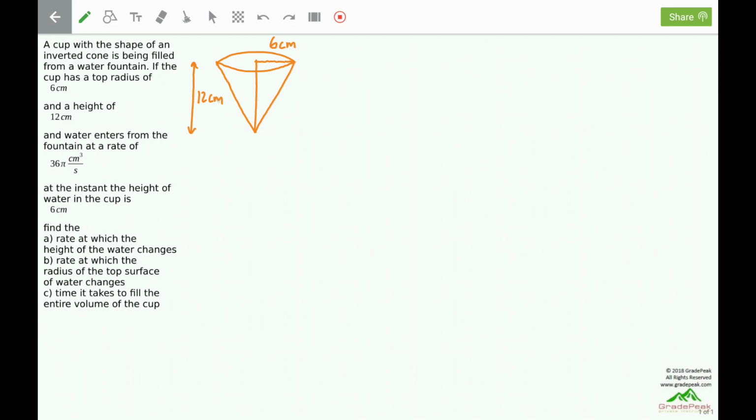Water enters from the fountain at a rate of 36 pi centimeters cubed per second. Because of the unit centimeters cubed, that indicates a volume due to the length cubed. So that's a volume rate. So V prime, or dV/dt, is equal to 36 pi centimeters cubed per second. That will fill water into the cup,